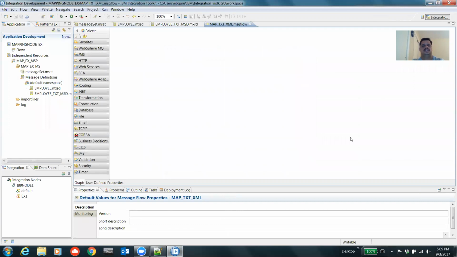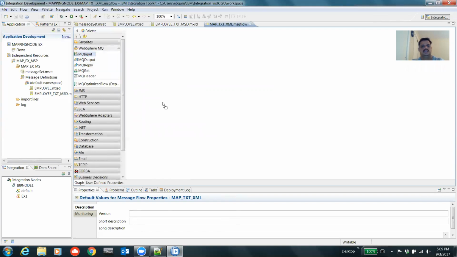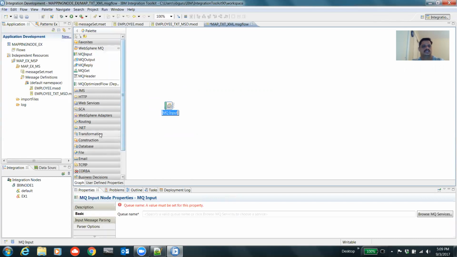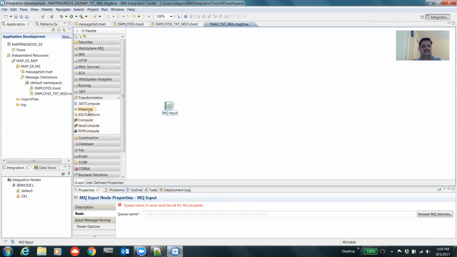Okay, now we got the canvas and palette ready. So let's drag and drop the nodes, MQ input. I'm not worried about what protocol I'm using. I can use file protocol or MQ or HTTP. Any protocol is okay. The motto of this class is to teach you how to make use of mapping node. So under transformation, I have mapping node,